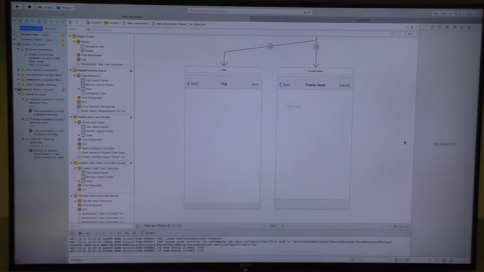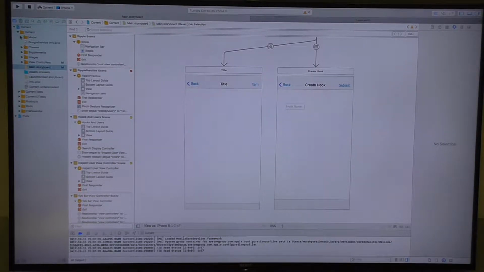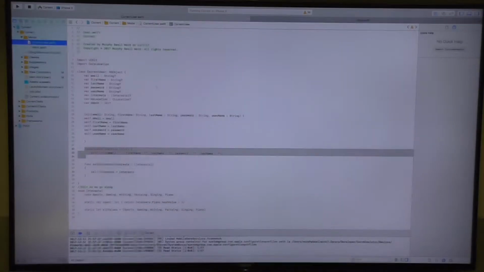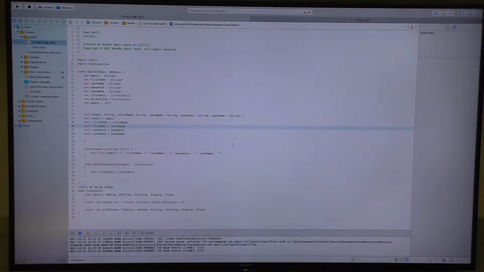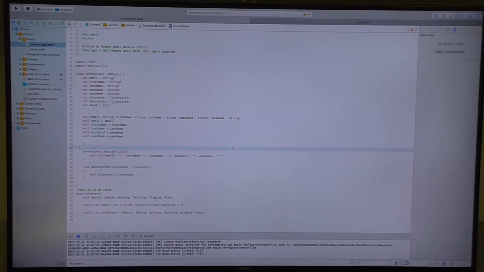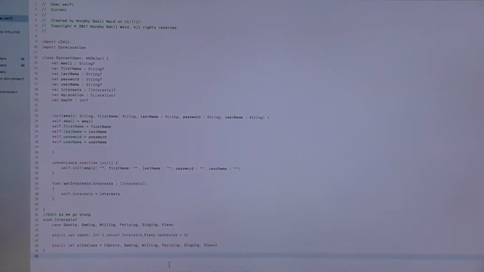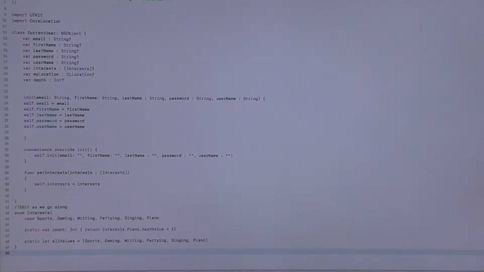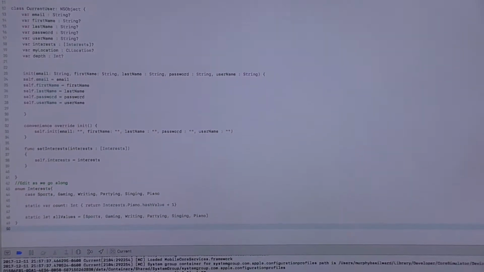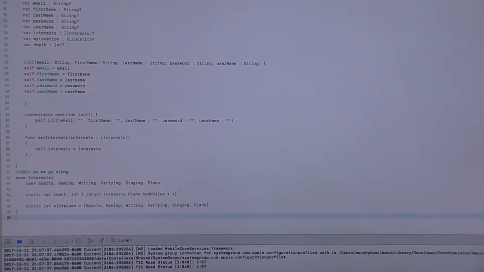So if you want to go up here to this folder, we can look at the models for you. So I'm going to click models, just for the current user, the first one. Technically in this we're importing Core Location, but if you import GeoFire and Firebase, you actually don't need to import Core Location because it gets written over, because GeoFire just utilizes that. But for right now, I use that just so I could access Core Location.